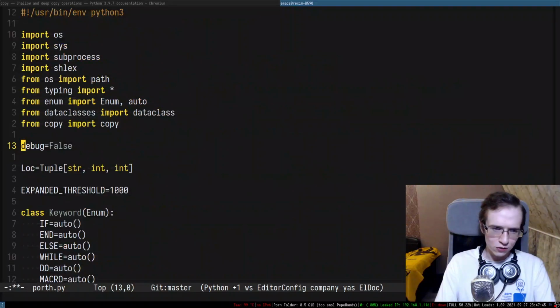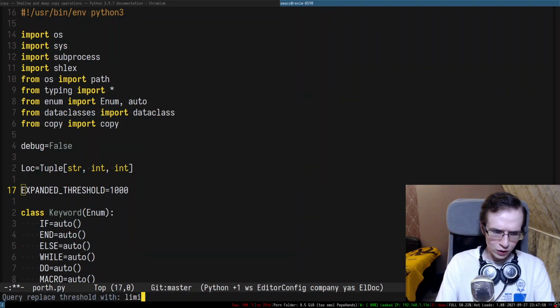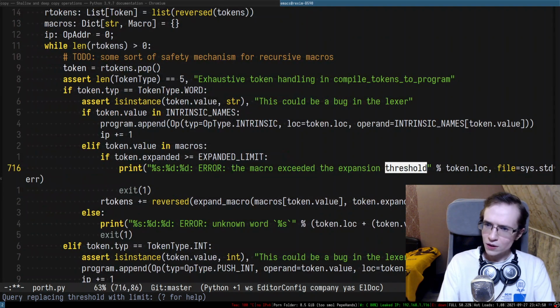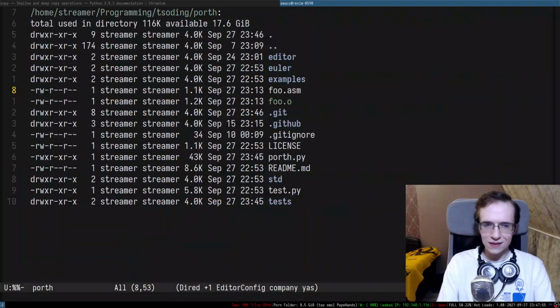Threshold, yeah, let's actually rename it. I'm gonna quickly rename threshold to limit. All right, so this is gonna be called limit, and as you can see, that will break the test cases, right? So if you try to run the tests right now,